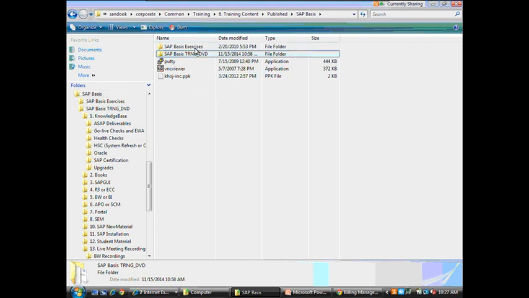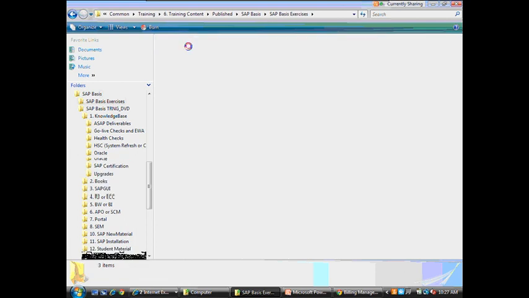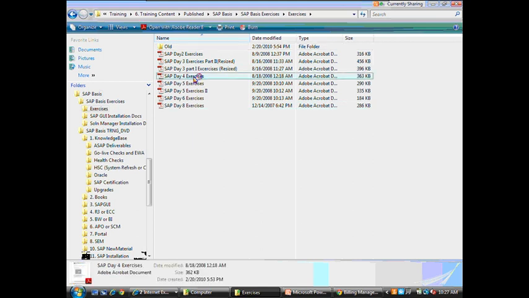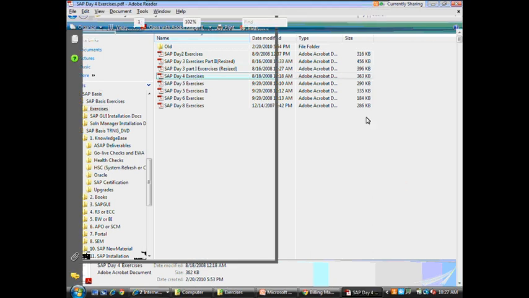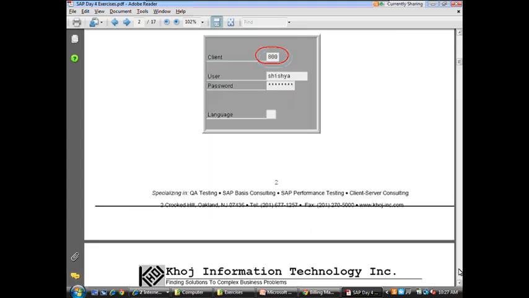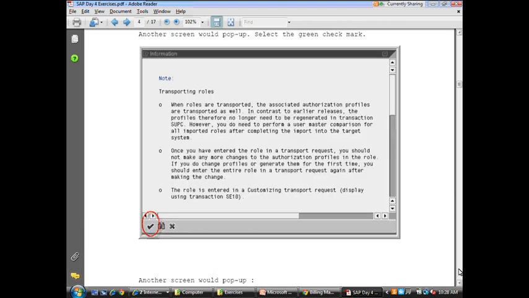even down to the extent that exercises, every day, what exercise you're going to do, right? So if I pick up one exercise, even those exercises are what step you need to do, the screenshot of that step, how you should do it, what you should click on, right? Very methodically built, right? Because we believe that the reason you are here is because you need that extra little